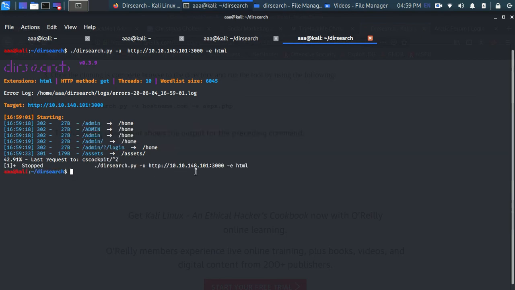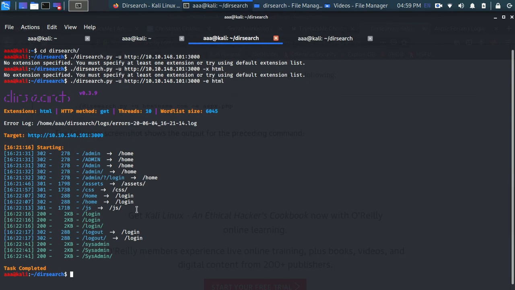I'll quit this real quick, and then you will notice the HTTP status codes here, 302, and 200 means okay. It's okay for you to go to that web page.